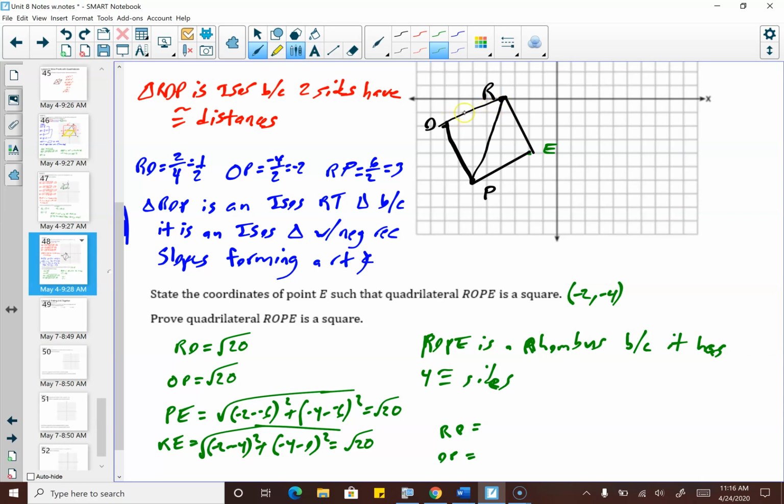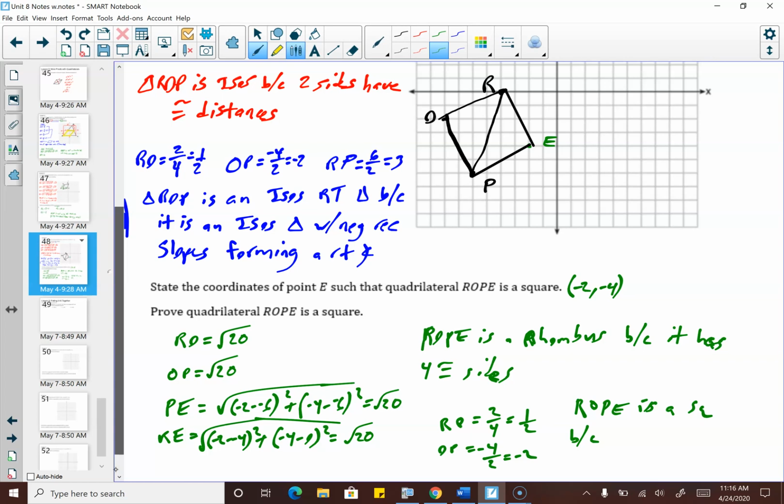So the slope of OR is up 2 over 4. So 2 over 4, which is 1/2. And then OP is down 4 over 2. So that's -4 over 2, which is -2. So now we have enough information to show that this is a square. So ROPE is a square because